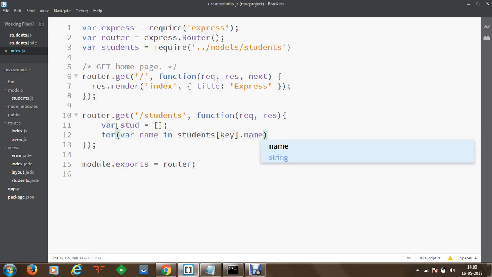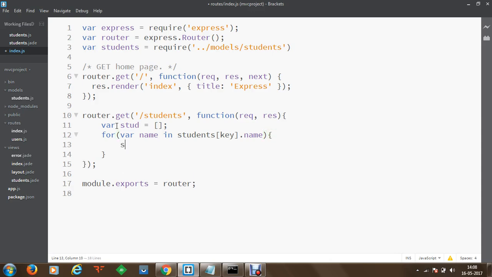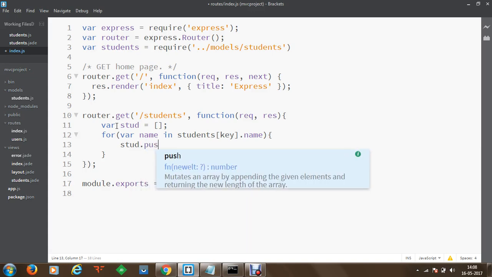So for each individual key, we are going to get the individual keys from the student, and then within this for each loop I am going to do something like stud.push.